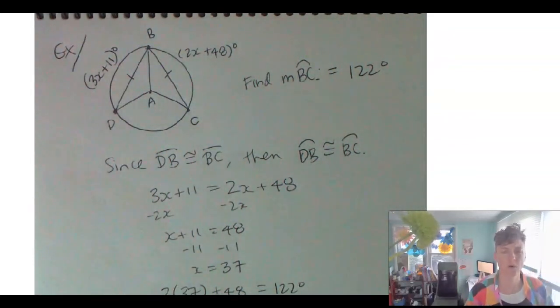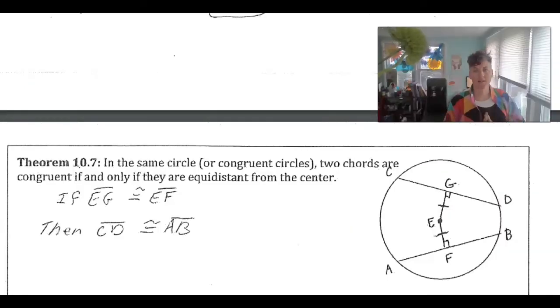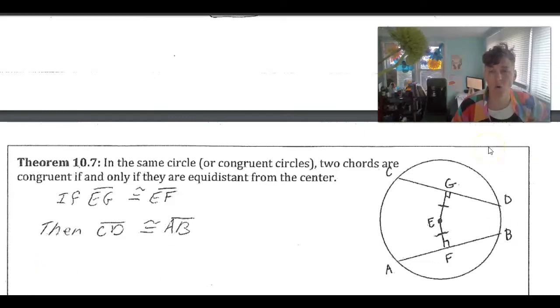We have one more chord theorem we're going to talk about. That is theorem 10.7, which says in the same circle or congruent circles, two chords are congruent if and only if they are equidistant from the center. What? Well, that means